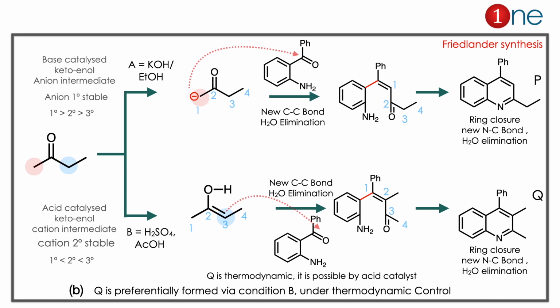Here you have to learn two important things. You have to decide the reaction based on the intermediate stability. Here the whole reaction is dictated by the intermediate. Second thing is Friedlander synthesis. Friedlander synthesis is used to synthesize quinoline-type compounds, heterocyclic compounds.